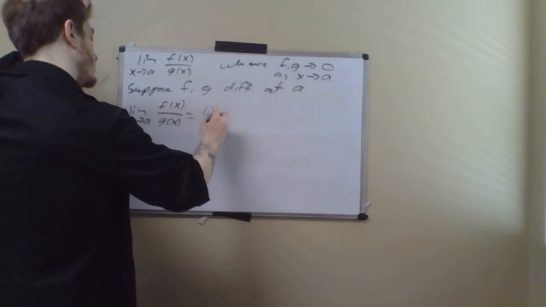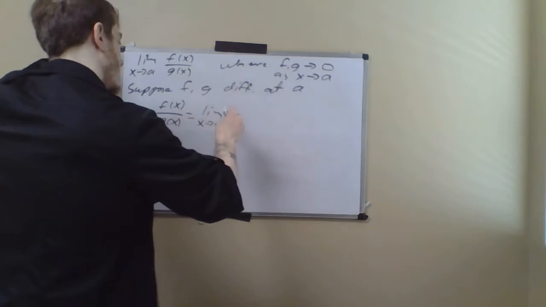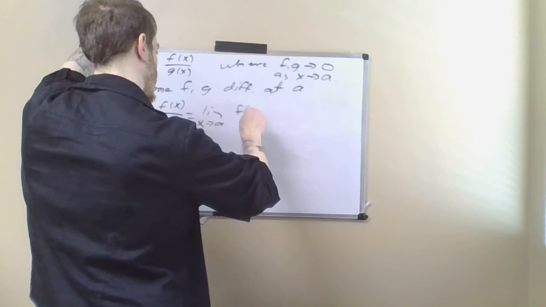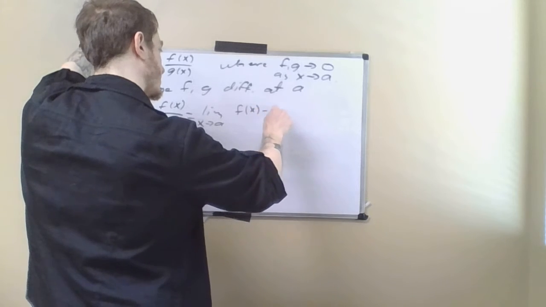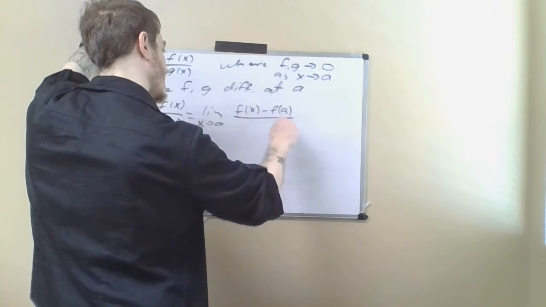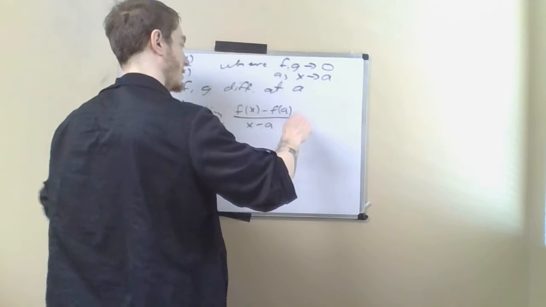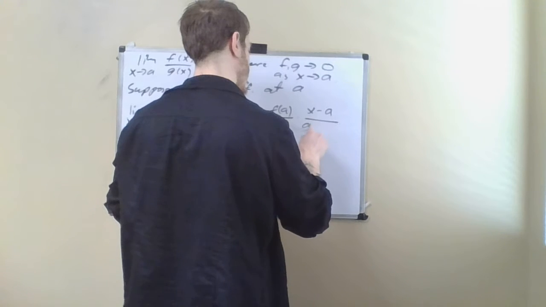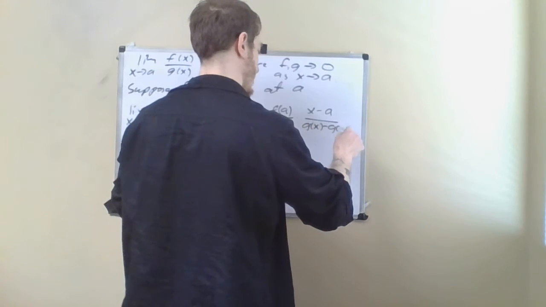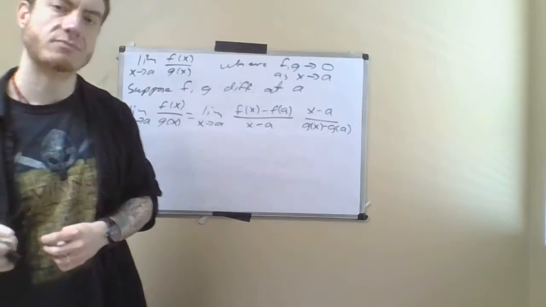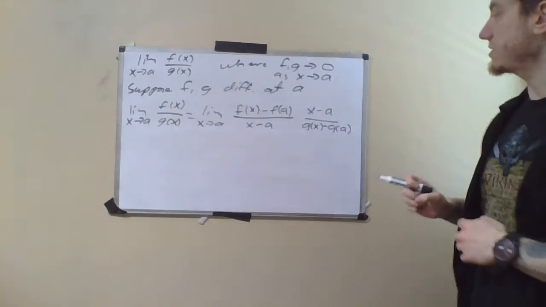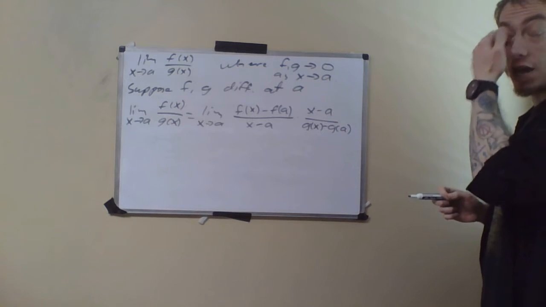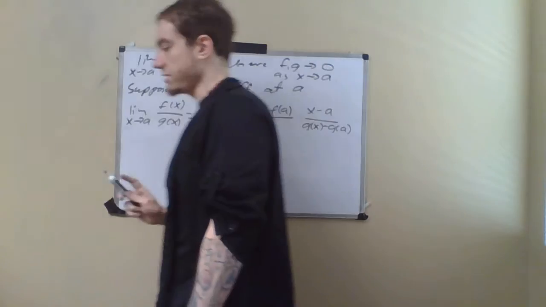This would be equal to the limit as x approaches a of f of x minus f of a divided by x minus a times x minus a divided by g of x minus g of a. Now, I can do this because I'm just multiplying on the top and the bottom by x minus a, which I can certainly do because the limit doesn't care about what happens